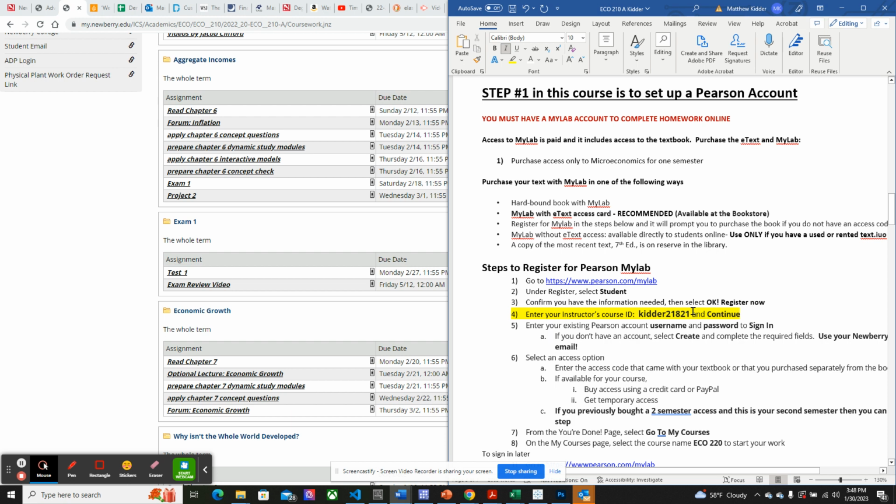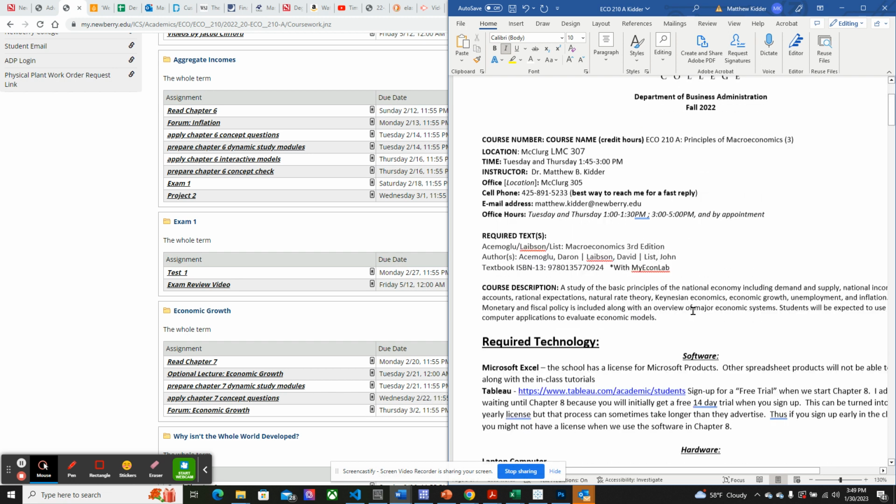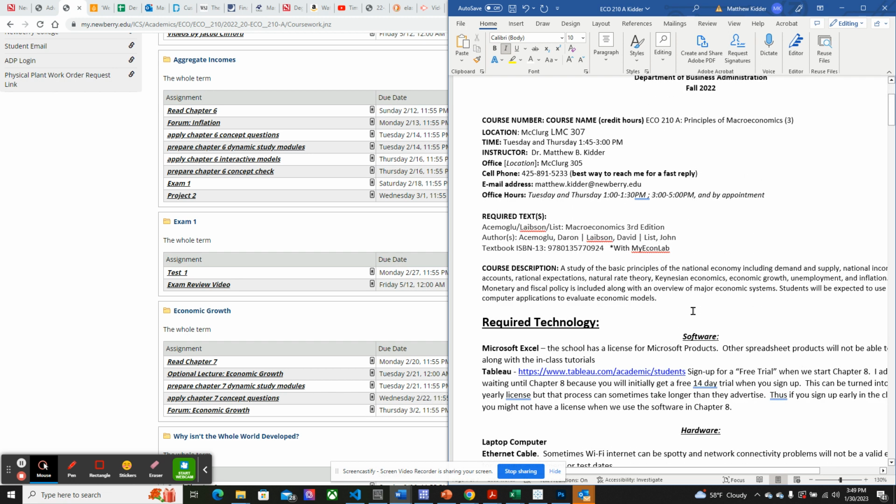If you buy your license from the bookstore, hold on to your receipt, because that receipt has an activation code, and there's a two-step process there. If you get hung up on anything, feel free to reach out to me. Come talk to me. I'm definitely always here for you and happy to help. So with that said, you're going to need to get the Pearson text. You're going to need to get Tableau. Tableau is a free software we're going to be using.